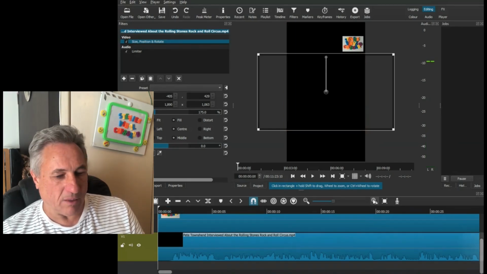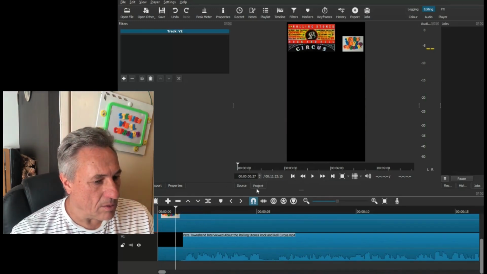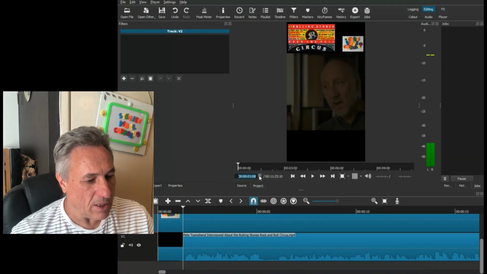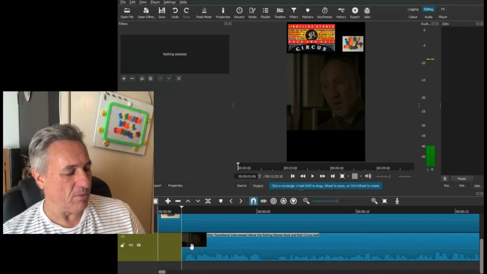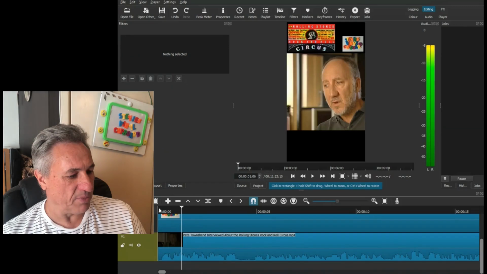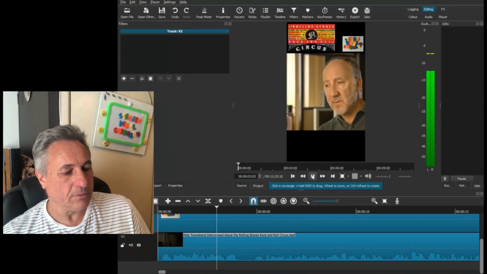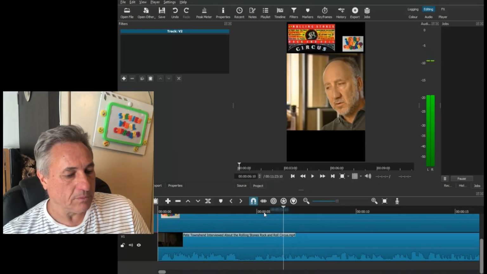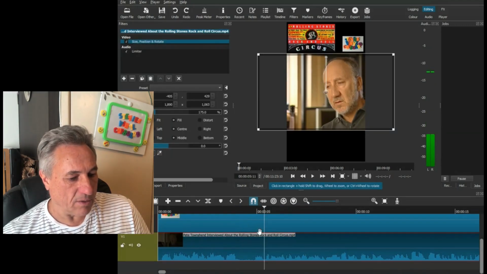So let's tidy this up. I remember it pretty well. So we're going to just jump through some frames, and you see it coming on there. So bang, let's make a cut. So what I'm going to do is just tidy this up. There's a lot of prevaricating. I remember it pretty well. It was a really exciting day. I mean, I love Michael Lindsay-Hogg. I don't need the ers, so I love